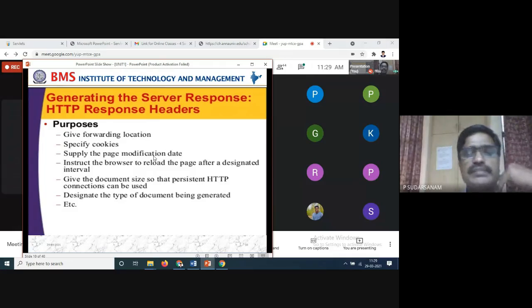Supply the page modification date, instruct the browser to reload the page after designated intervals, give the document size so that persistent HTTP connections can be used, designate the type of the document being generated, and so on.